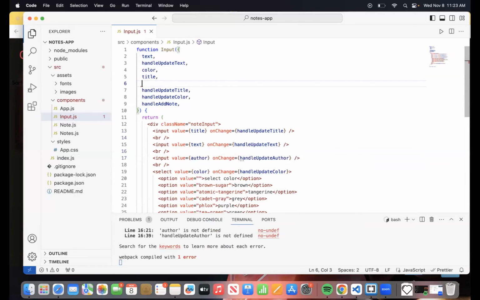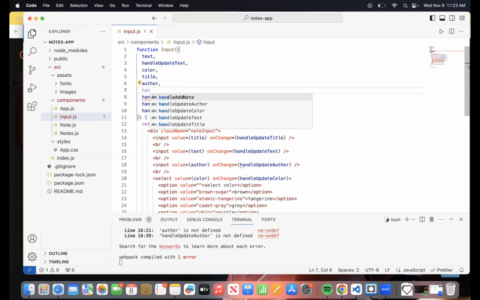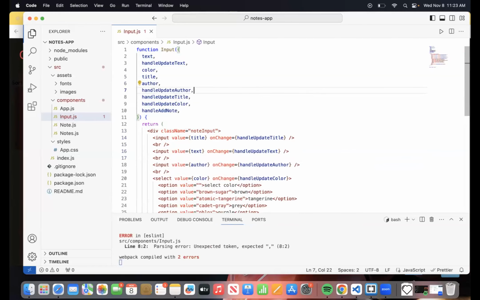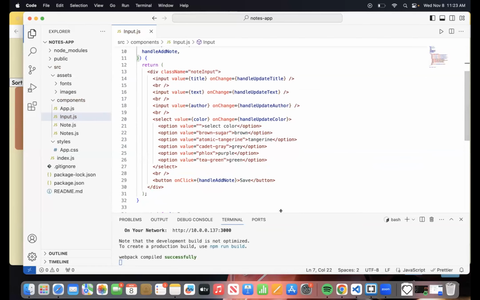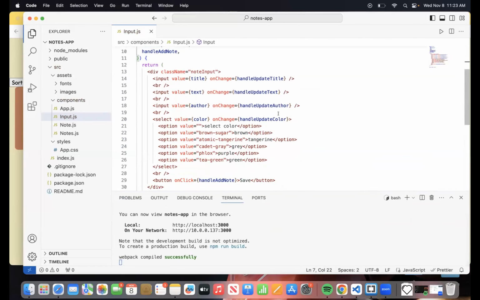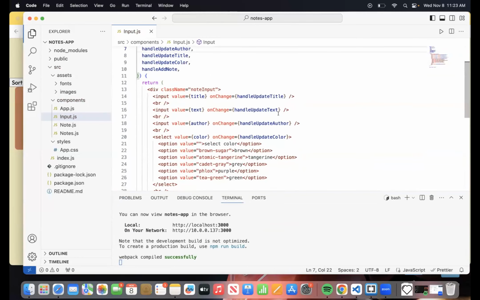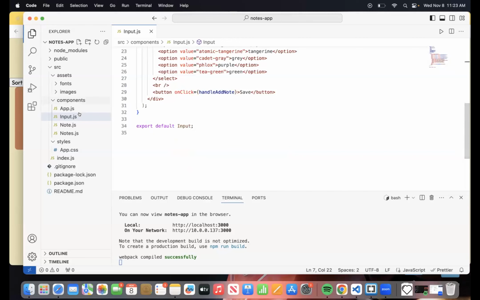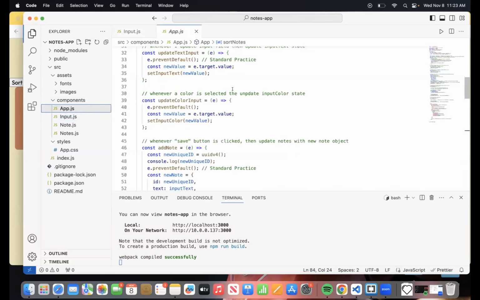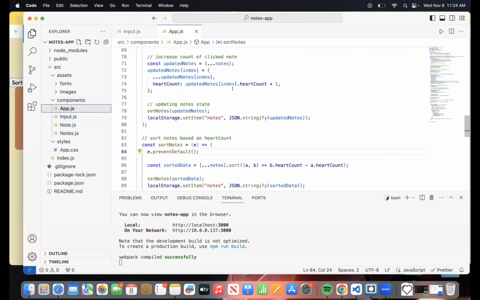Next line, author, comma, handleUpdateAuthor that I've already written down over there. So now it should work just fine. Based on what I did, it's not going to make any changes yet because I only changed the view. In order to make actual changes, we'll have to do something in app.js.